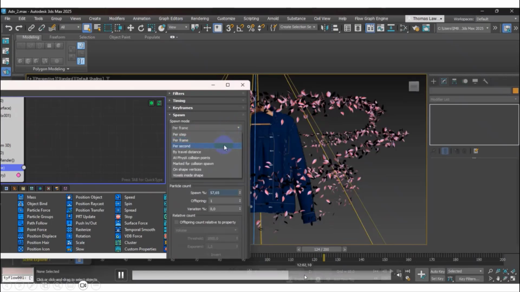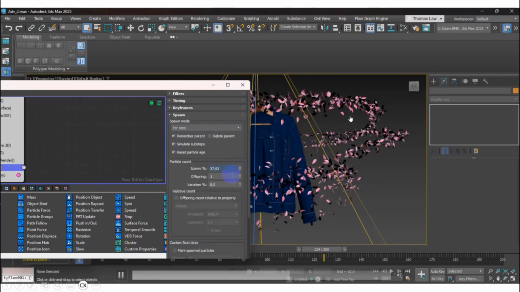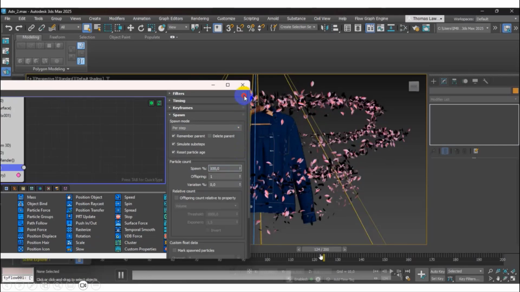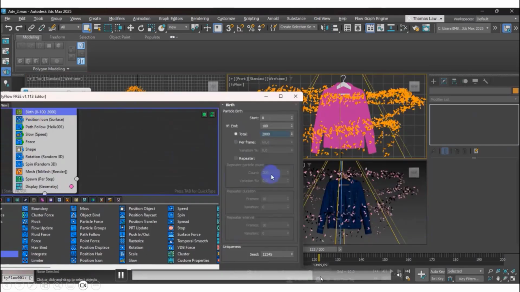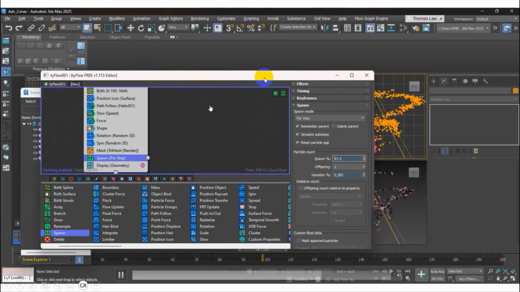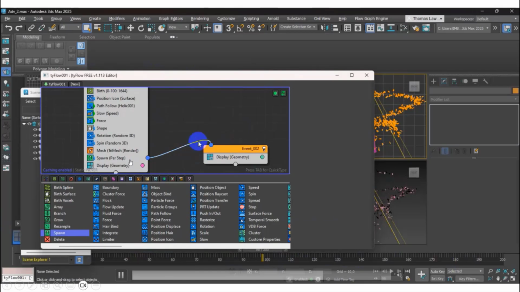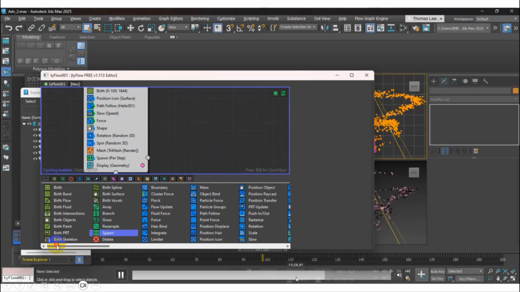Again, this is the spawn. The spawn is how many, like dust, the particles surrounding this particle. This is the total. Where's the total inside the birth node? This is the spawn. If you see the dot icon, it means you can link to another node. This is for additional use, this is not important.